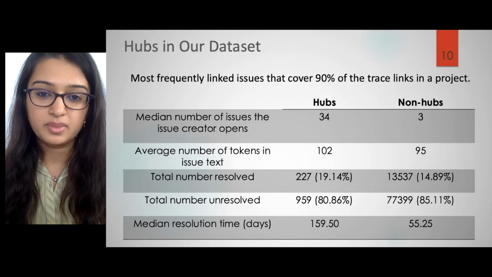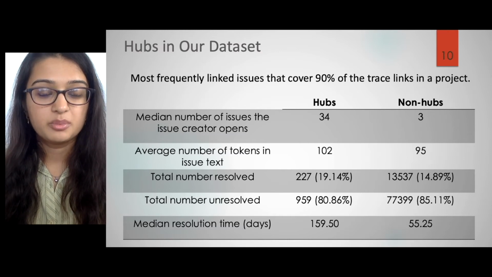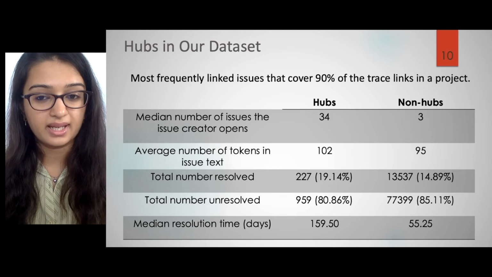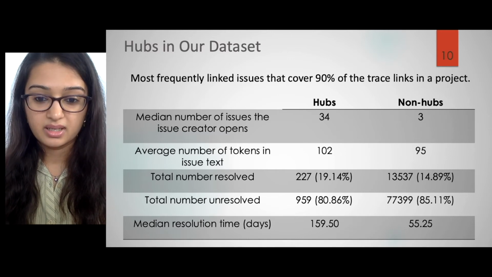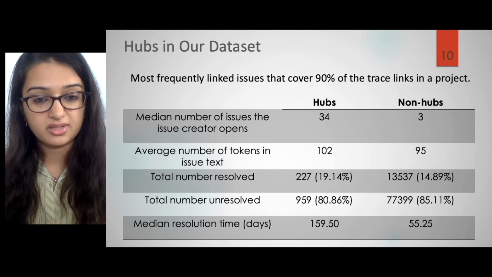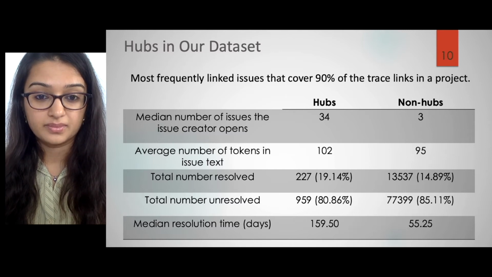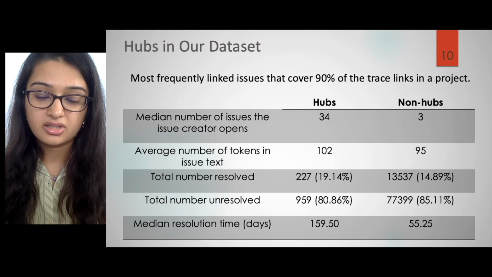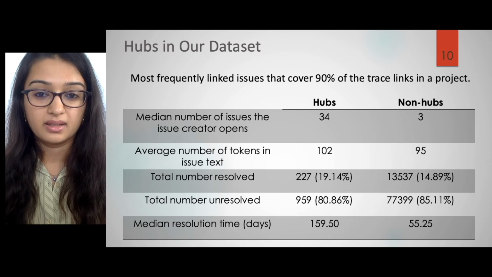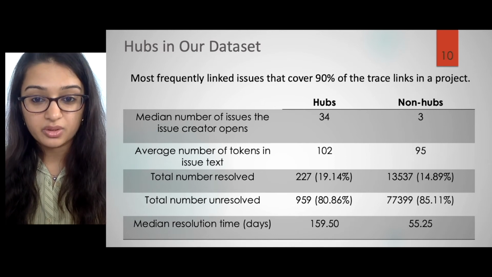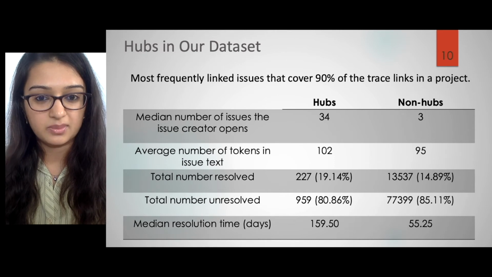We identified hubs for each of the project networks as the most frequently linked issues that cover 90% of the trace links in a project. Among other findings, we discovered that hub issues take 3 times the number of days to be resolved in comparison to non-hub issues. And this is very interesting because the identification of hubs early on in a project can be